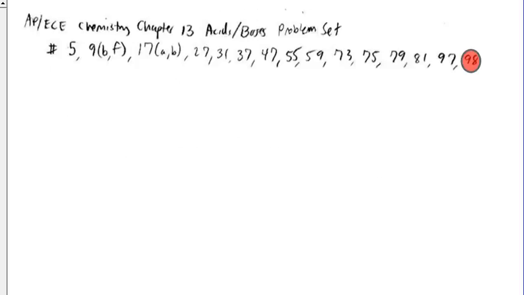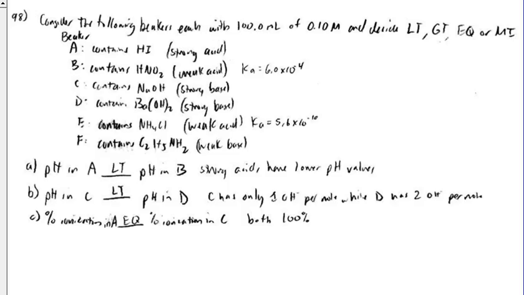Alright, let's take a look at problem 98. Problem 98, you're given a bunch of substances, beakers A through F. Each beaker contains 100 milliliters of substance, and each beaker's contents are 0.1 molar. You're told only that beaker A has hydroiodic acid. Beaker B has HNO2, beaker C contains NaOH, beaker D contains Ba(OH)2, beaker E contains NH4Cl, and beaker F contains